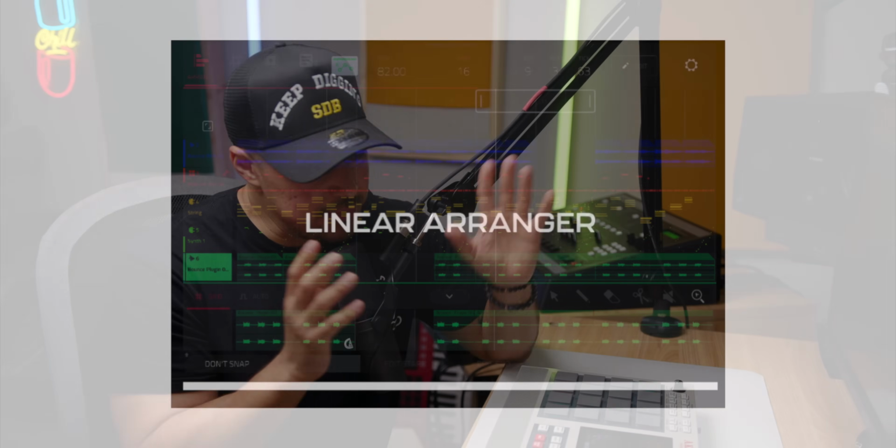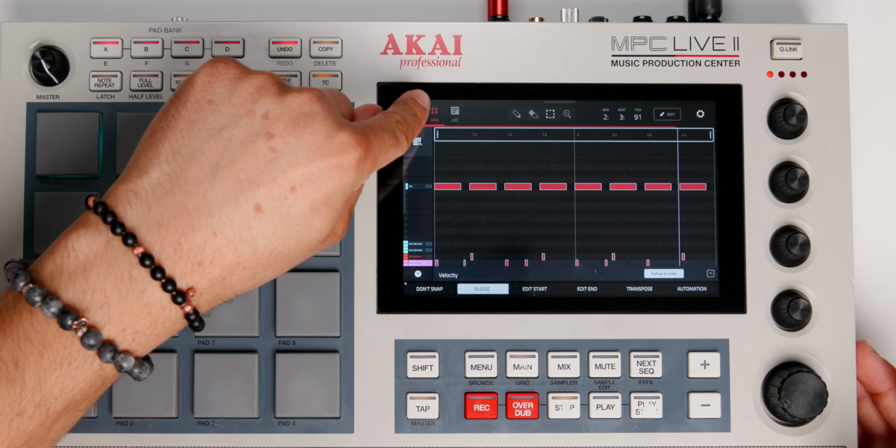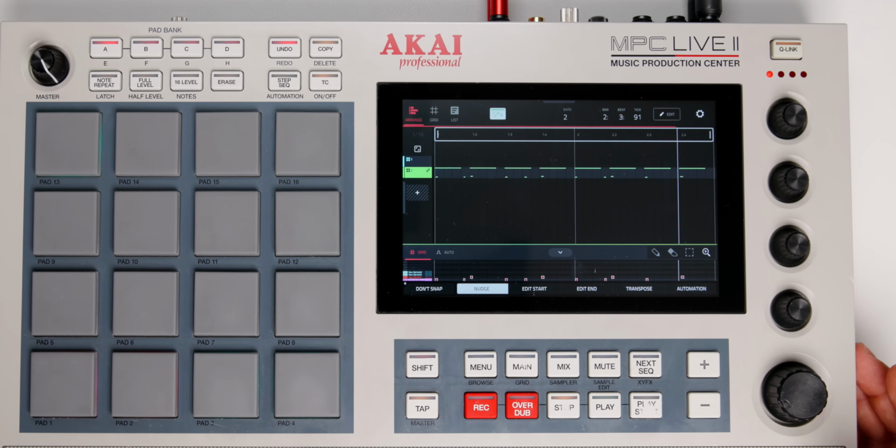All right, so now jumping over to honestly what I find the coolest new page that we're gonna have in our MPCs, this arranger page. This arranger page is awesome because now it feels like I'm in Ableton,